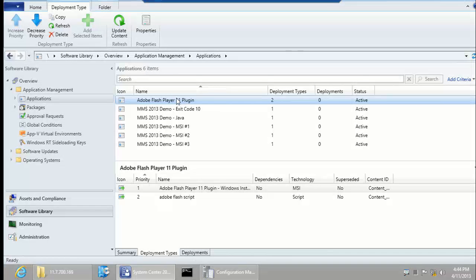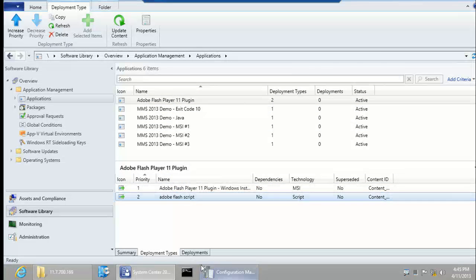But as far as the supersedence goes, with regular packages, if you have a new version and an old version, that old version is deployed, and you send out a deployment of that new version, then they can start contending for each other, because one version would uninstall, but because of the subselect queries, if not designed properly, a computer could refall into that collection and try and install the old version. And so now with supersedence in applications, what we can do is we can just go to the